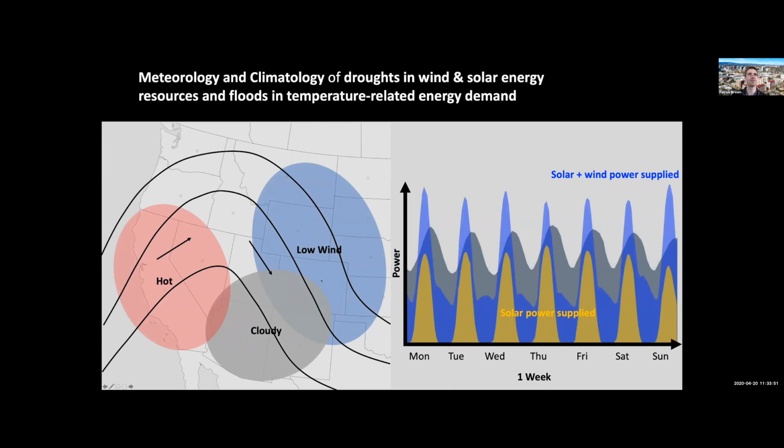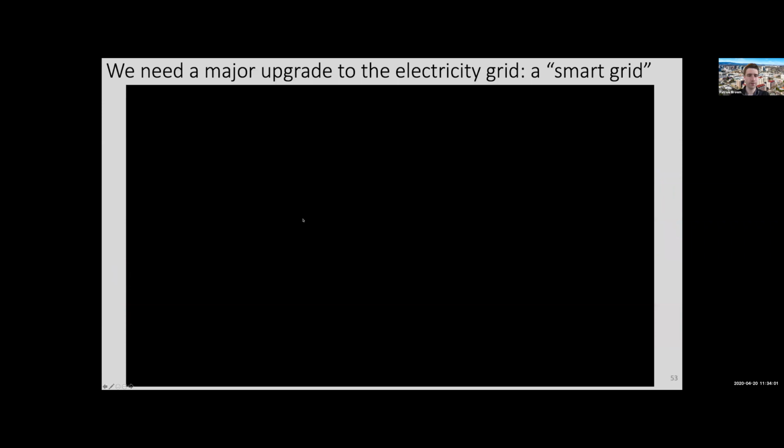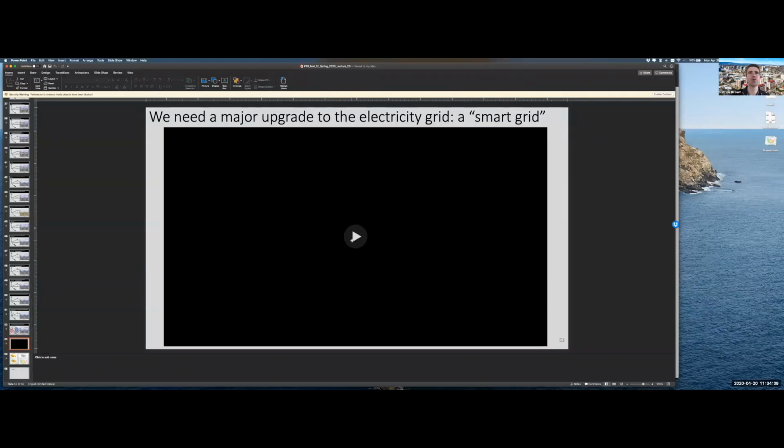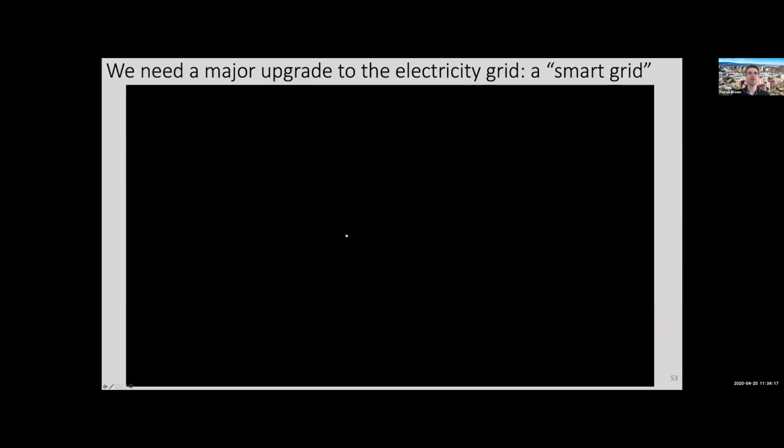So this is the type of thing that I'm studying, the covariability between wind, sun, and temperature. I have one video here about the electric grid. It's going to look at a lot of these same issues I was just talking about, of demand management, and how a renewable energy system requires a new way of thinking about the electricity